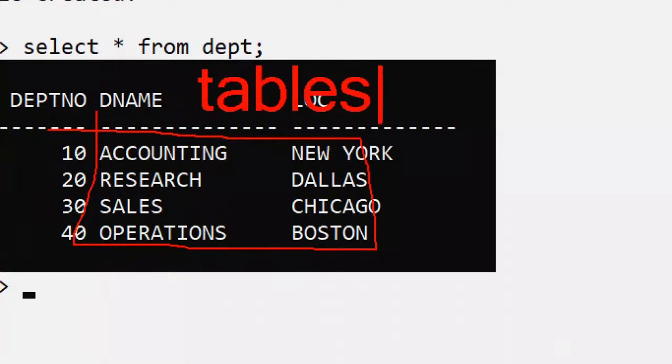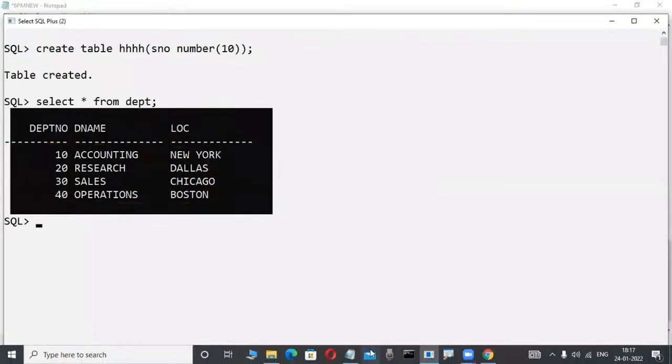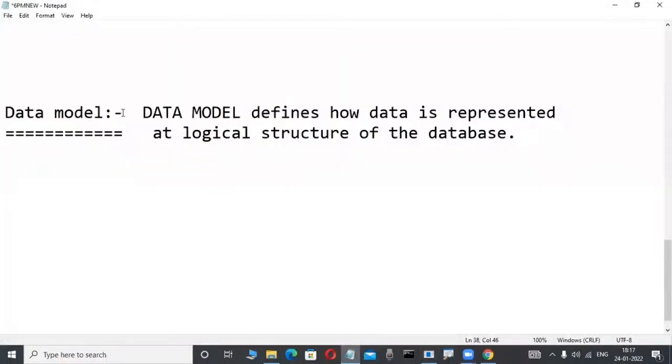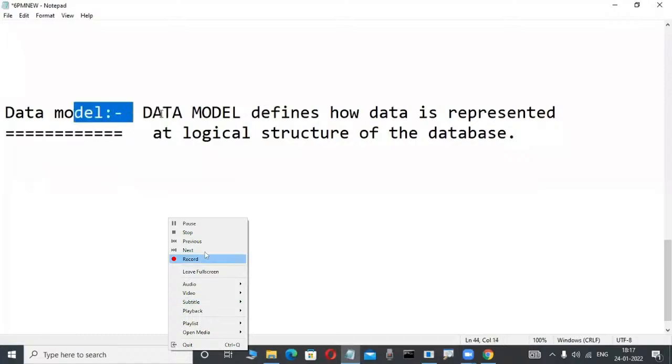Two-dimensional tables. But before 1970, this data model was not there. The hierarchical data model, the network data model, and some other data models existed. IMS and IDMS software were there in those days. But nowadays, observe here, data model is nothing but